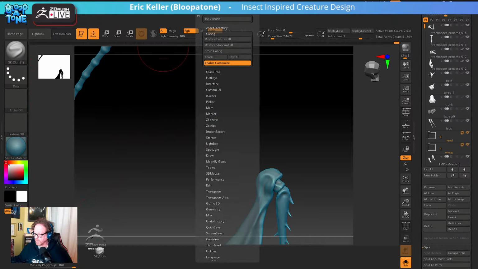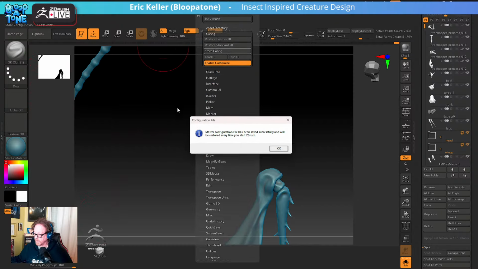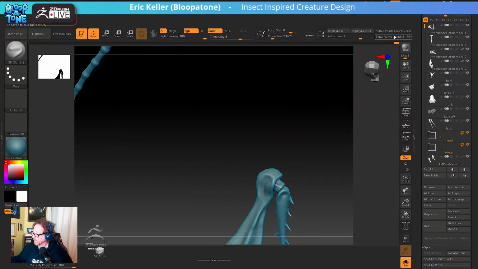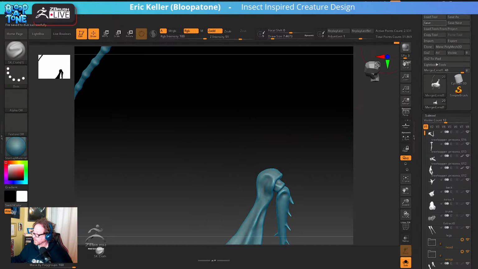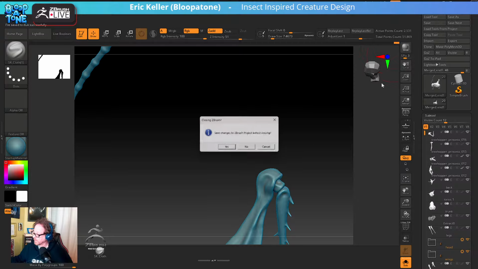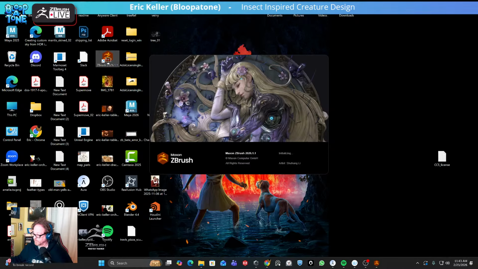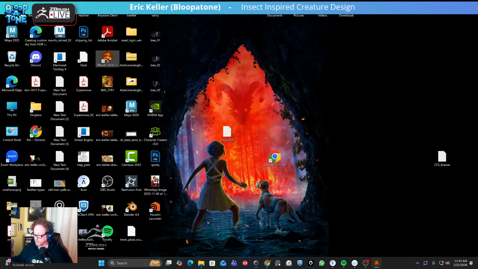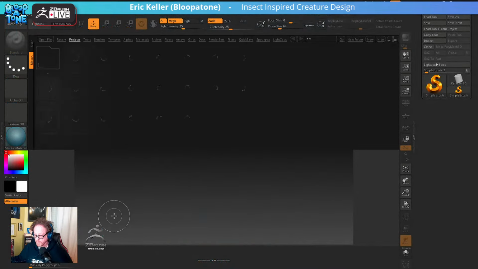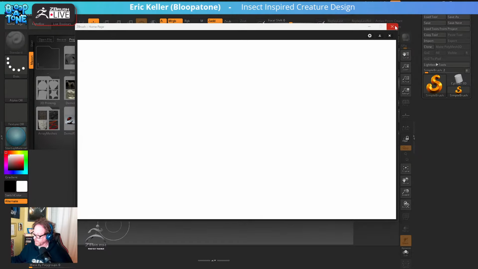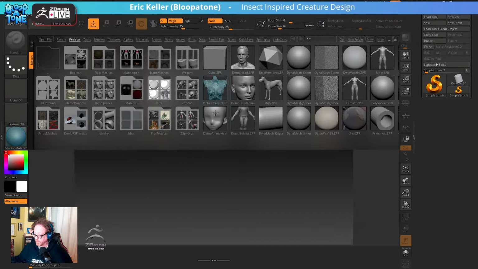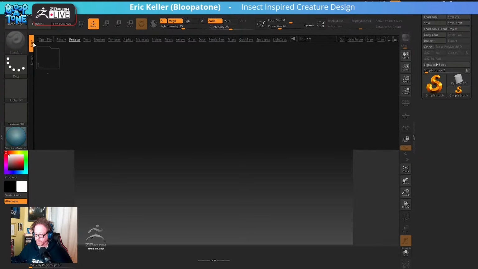So if I go in here and I choose preferences, store config, and I'm going to save the project. And then close ZBrush, and we'll restart it. So you can see that, yeah, the SK cloth brush is not loaded down here because ZBrush doesn't know where that brush is, even though it's in the user